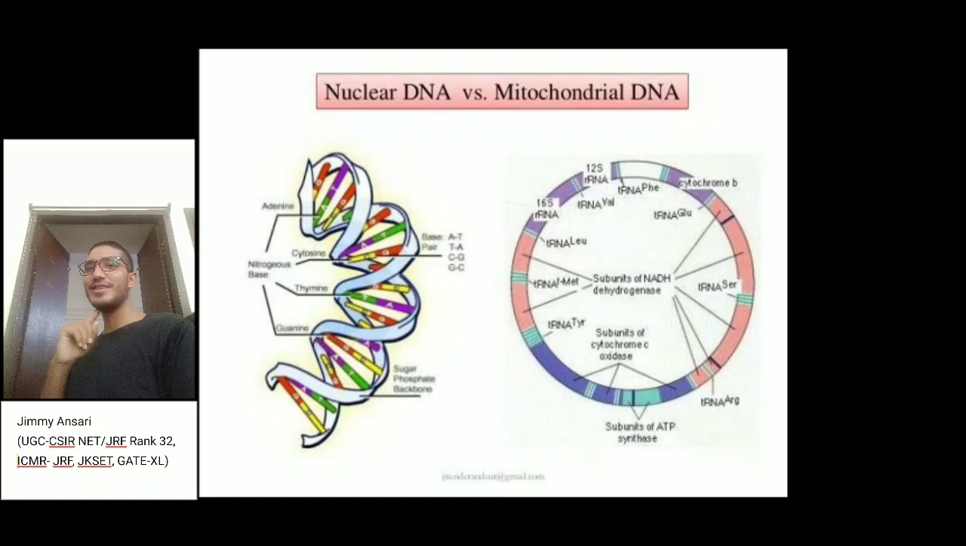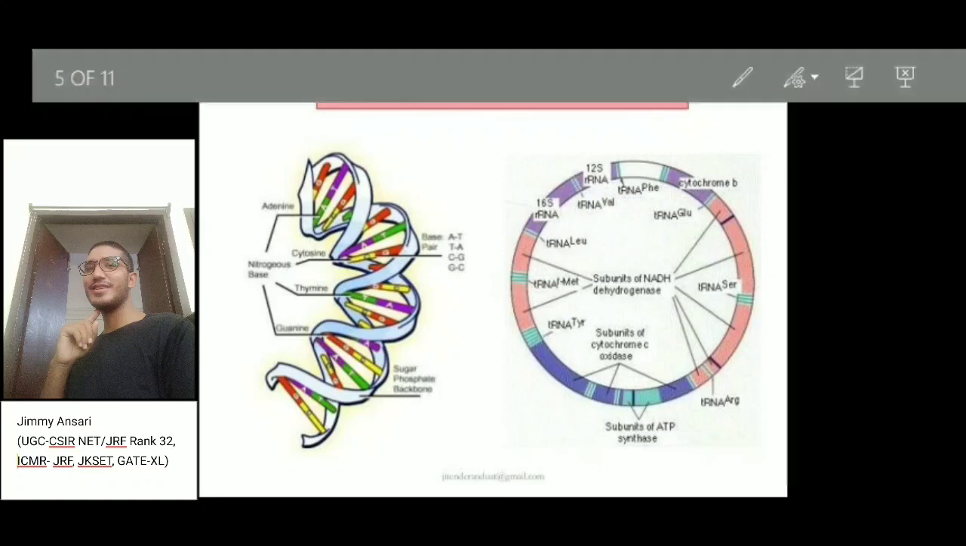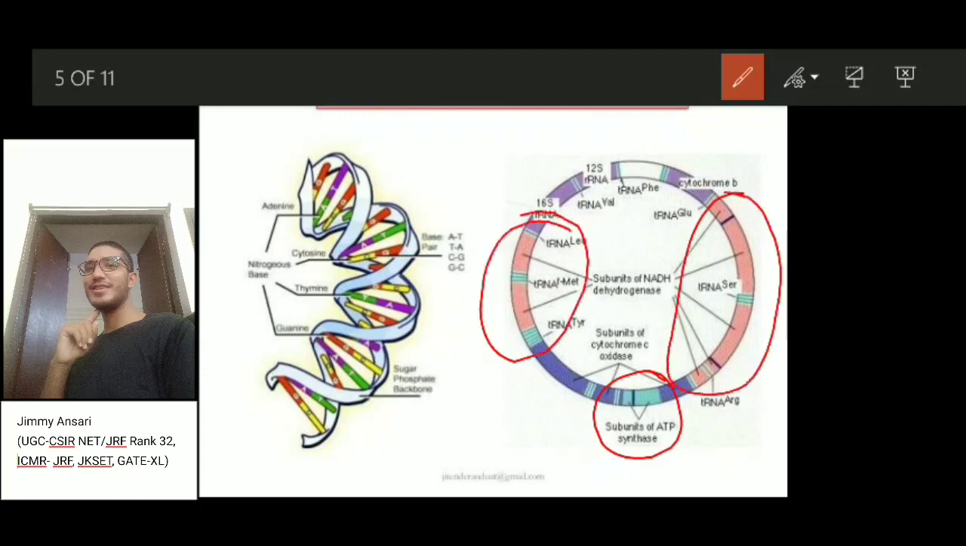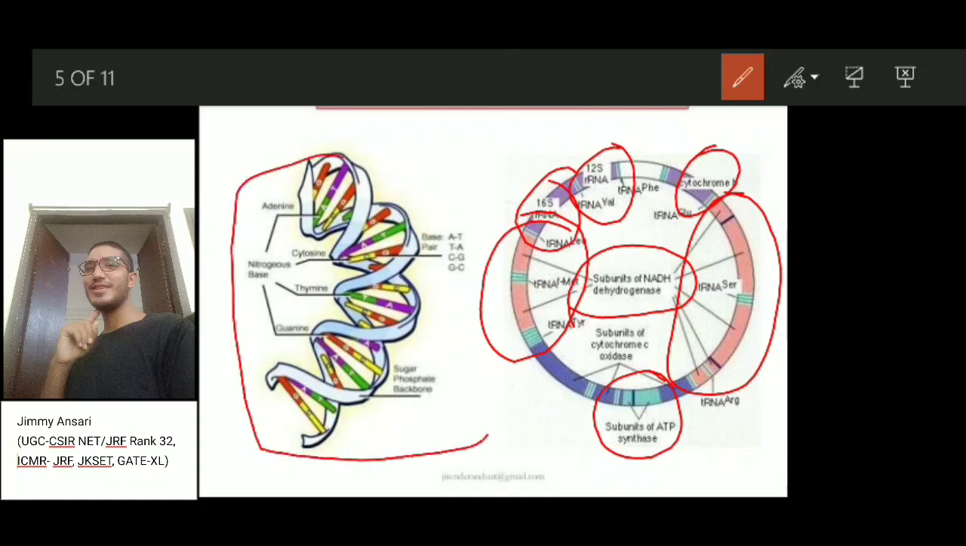This is the structure of mitochondrial DNA and nuclear DNA. Mitochondrial DNA has a number of subunits. For example, this is the subunit for ATPs. These are the subunits for NADH dehydrogenase. This is the subunit for tRNA, cytochrome C oxidase, and 12S rRNA, 16S rRNA, and this is the nuclear DNA,